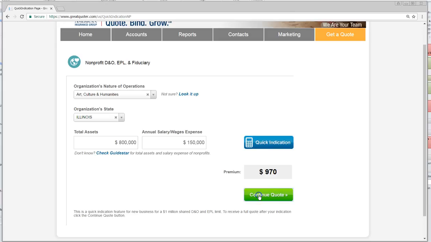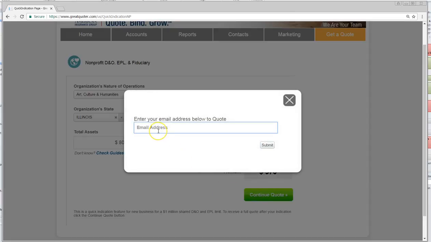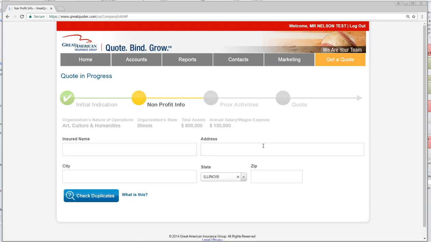So I'm going to click Continue Quote, and this is where you'll enter your email address. The email address will be the email address that you use to communicate with your underwriter at Great American. Entering the name of the nonprofit, their address,